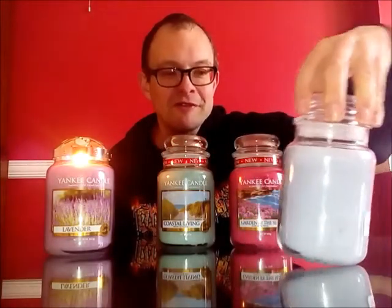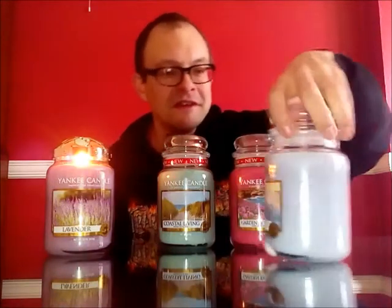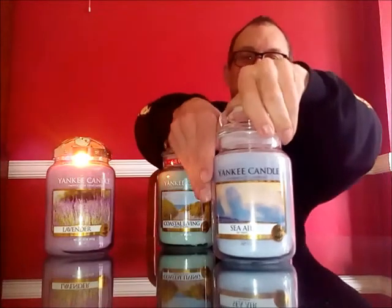I think it's a really bad Photoshop job, Yankee Candle. It's the sea, and they've tinted the sea spray with a blue kind of rinse. It doesn't look very authentic, but it's actually the sea spray on the sea, but the sea's a different colour to the sea spray. So whoever did the Photoshop job on this, it's not the best Yankee Candle label, that one, but a little bit of atmosphere. But the most important thing, of course, is the scent. So let's have a...